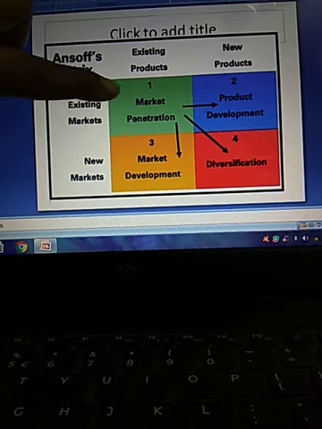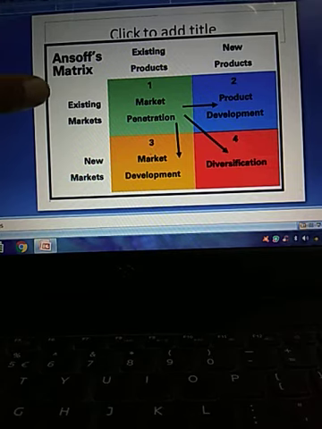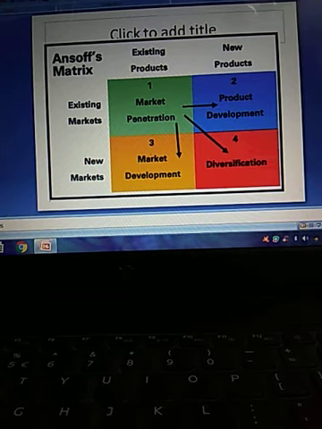When you apply the market penetration strategy, you are doing business in the existing markets with existing products. Market penetration means you need to increase your sales by offering many advantages to the customers, sometimes reducing prices or offering extra freebies on already selling products. In such a way, you can go for market penetration. The second approach is product development.